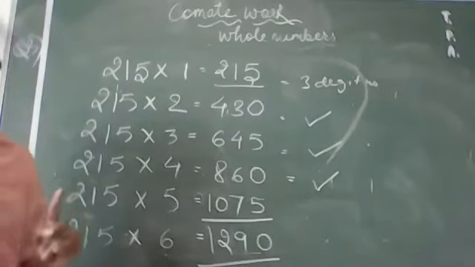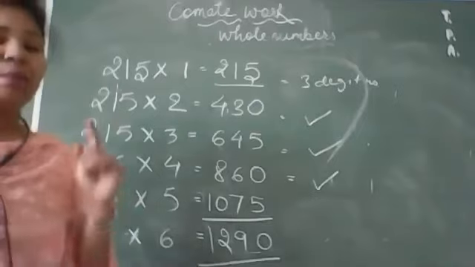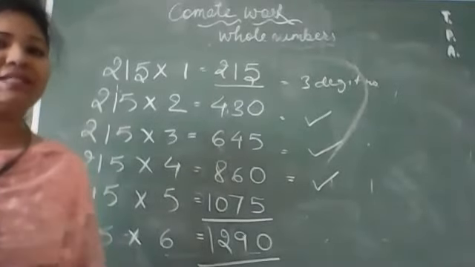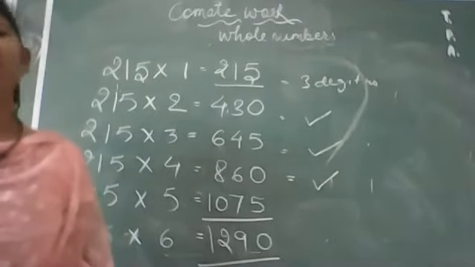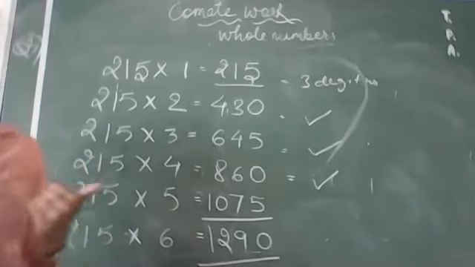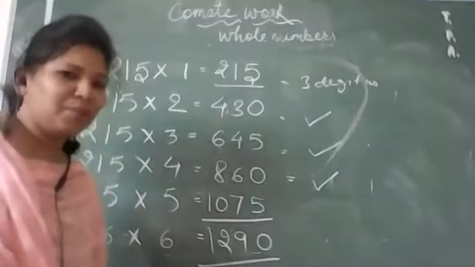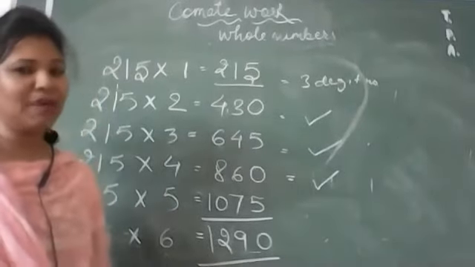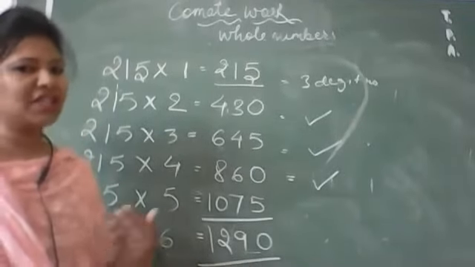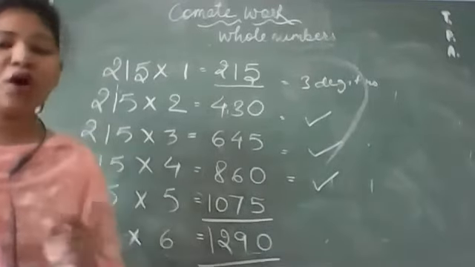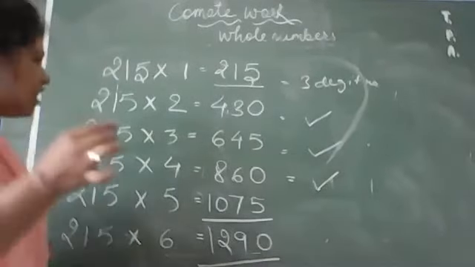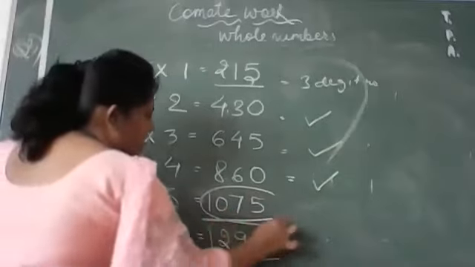But if you want the least 4-digit number, because the question was asking us for the least number which should be divisible. Okay, least number means it should be the smallest one. तो यहाँ से अब सारे बड़े नंबर आते जाएंगे ना. The numbers which will come now will be larger and larger and larger. But you need the smaller one, the smallest. So the smallest will be 1075.